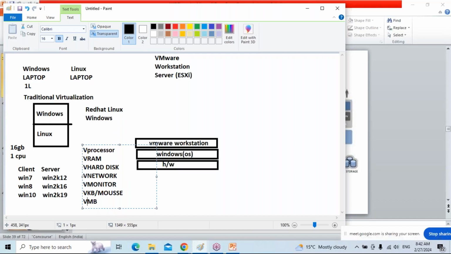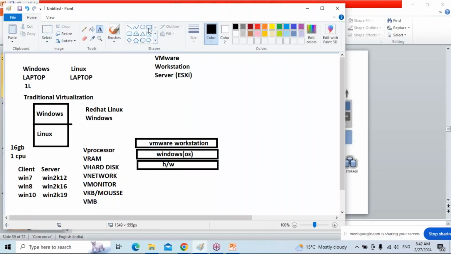Whatever we physically have in a laptop, we are going to create as virtual. How is it possible? With the help of VMware Workstation. Now, I'll make one VM. VM stands for virtual machine. Why is it called a virtual machine? Whatever hardware we have, everything is virtual. So my VM is ready here. So this is called virtual hardware.